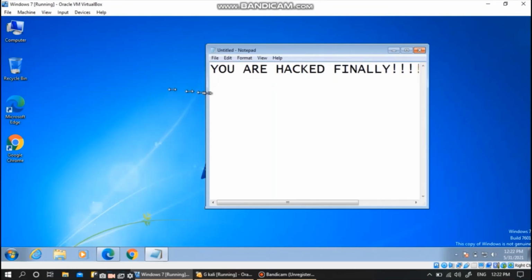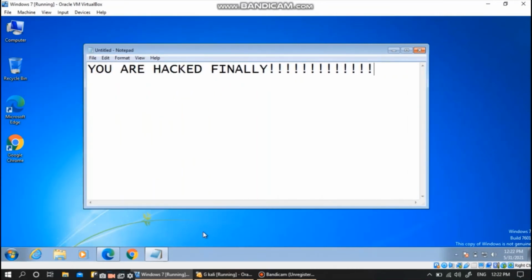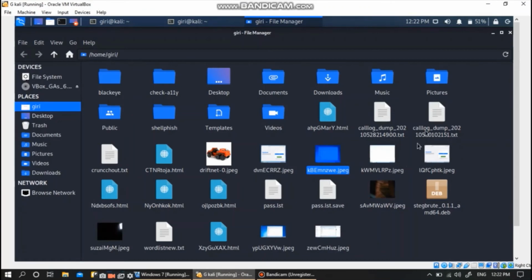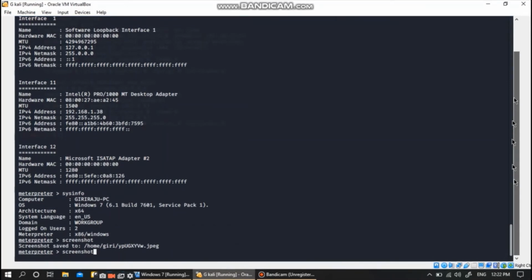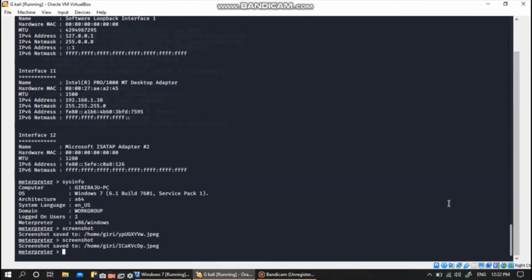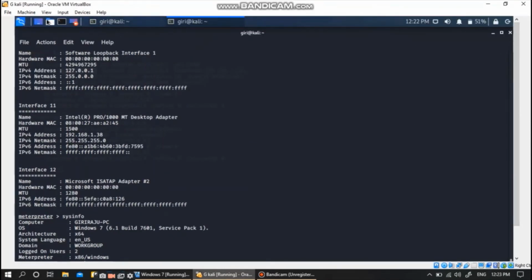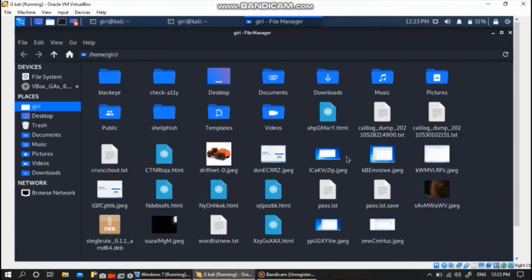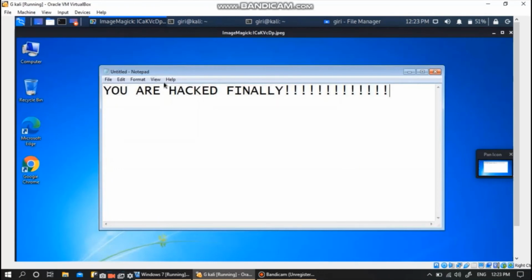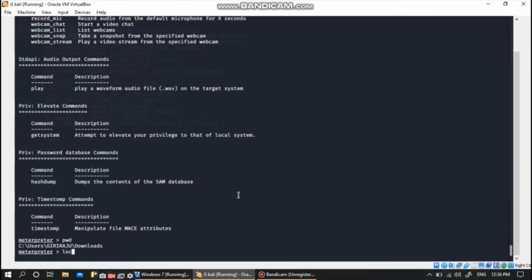Yes, now we'll take a screenshot of this and we'll save it in the root folder in the Kali machine. Again, screenshot will be the command. Yes, this gets saved in the root folder. We'll open it now. So yes, this is the screenshot.